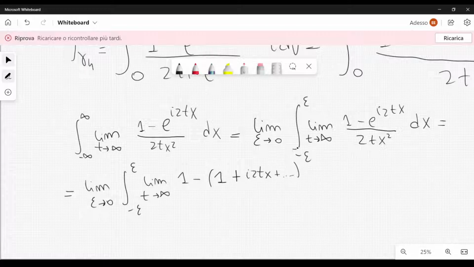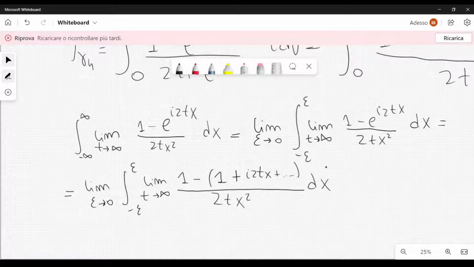So if x goes to 0, we are assuming that this argument will become small in magnitude, even if t, remember, should be large because we are taking the limit as t goes to infinity. But we are also taking the limit as epsilon goes to 0. And we are calculating this integral between minus epsilon and epsilon, which means that x will also be very close to 0. And we are assuming that t times x will be a small number, even if t is large, but we are assuming that x is becoming closer and closer to 0 much faster than t is approaching infinity. And then here we divide by 2tx squared